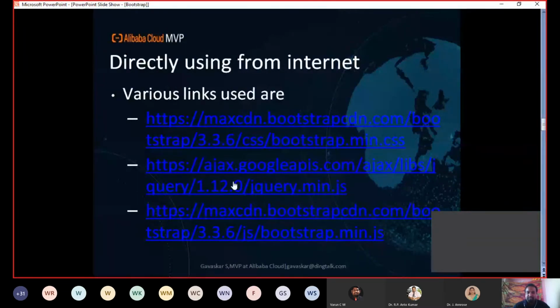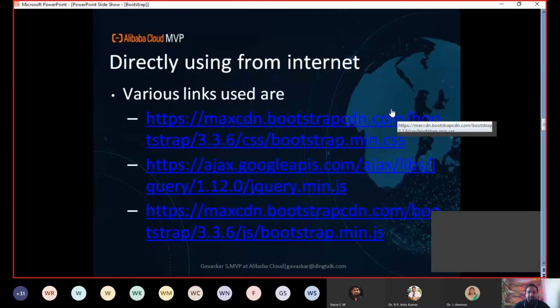So now what I can do is, instead of downloading these three files and keeping them in my system, this file is already present in the repository, so I can refer to that. Most probably for development purposes, you can use this. It's not a problem for you. I am using this only for this demonstration.